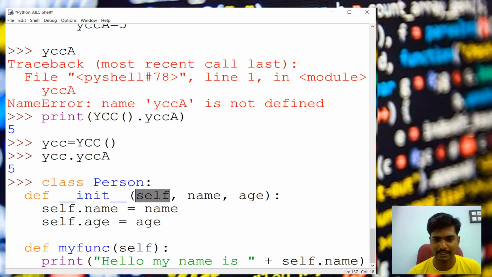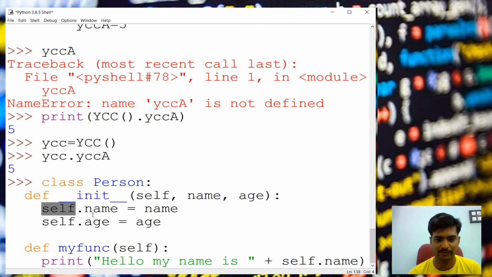Self is the first parameter, and it must be there. After that come user-defined parameters; we can add n number of parameters, or we can just use self also.